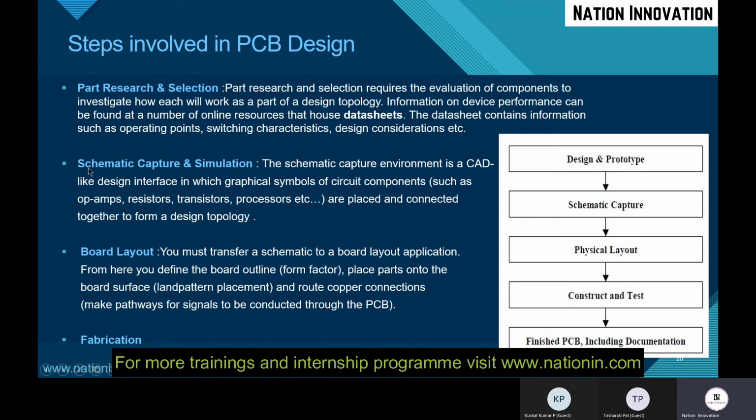After doing your schematic, you just need to convert that schematic into your layout. You will be having an option there. So after converting into layout, you first need to fit your outline, whatever size you want your PCB. Just justify that outline, and place the components in that area only. And after that, connect those components using these copper tracks. This is all about board layout.